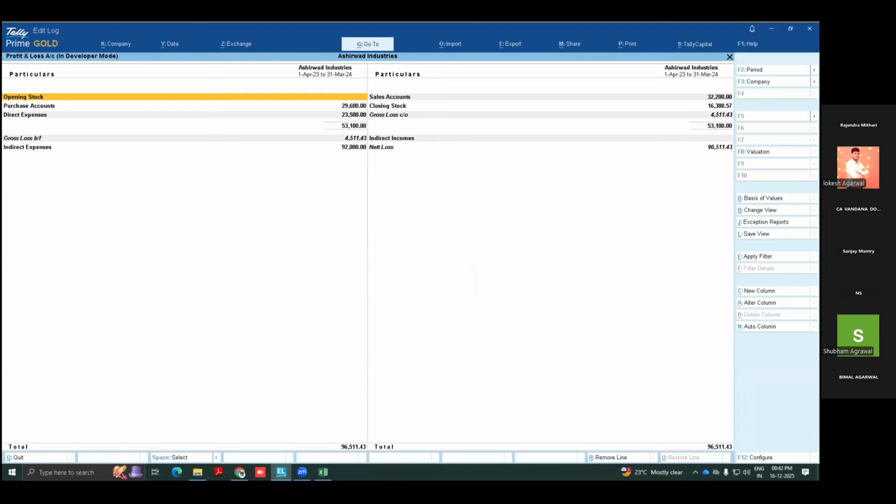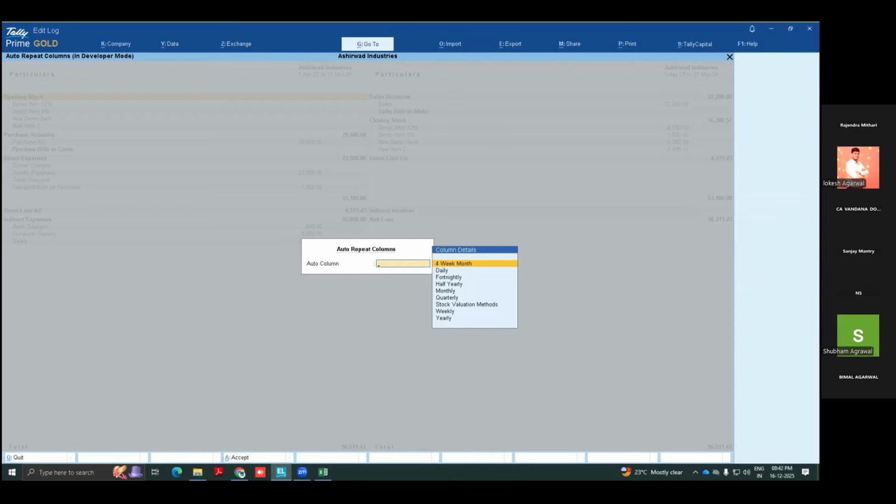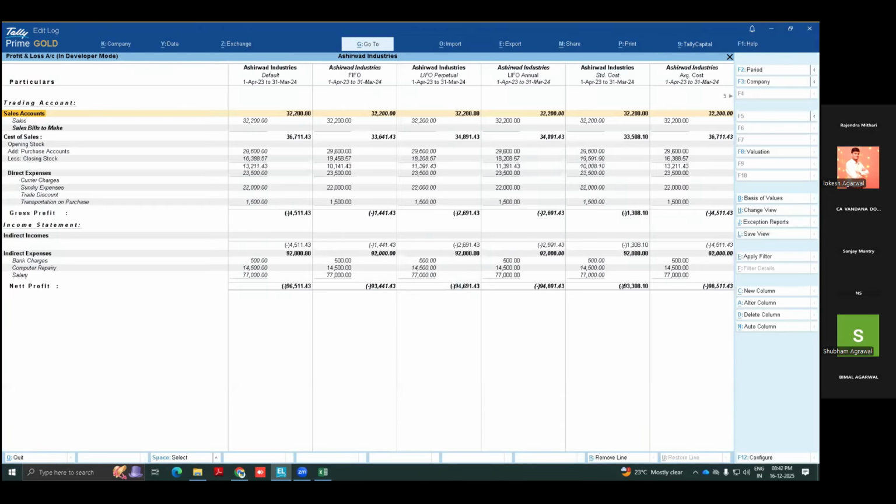But suppose I want to see profit and loss account with all valuations. LIFO, FIFO, first in first out, last in first out, perpetual, any average cost, average price. Just click the right side button auto column, and there is the option stock valuation methods. Enter it and see profit and loss account with defaults. Default means whatever settings are given in each stock item.